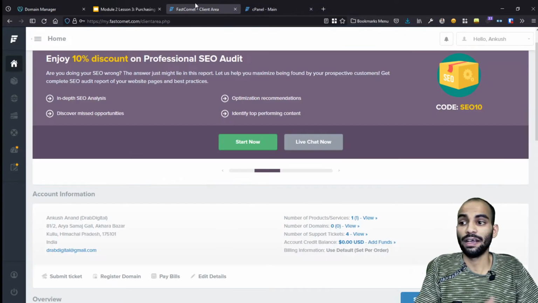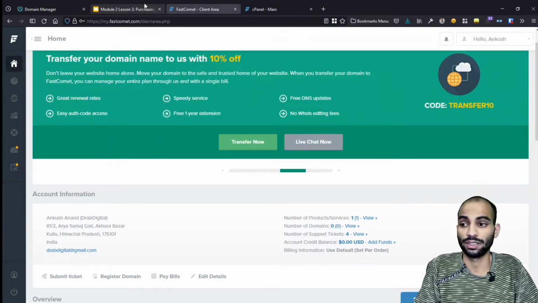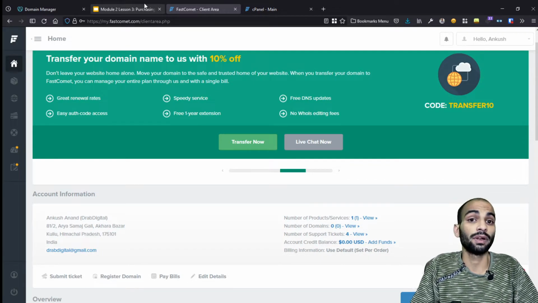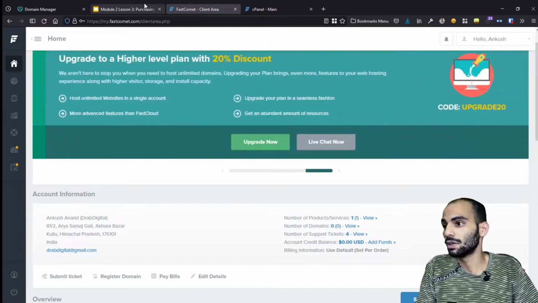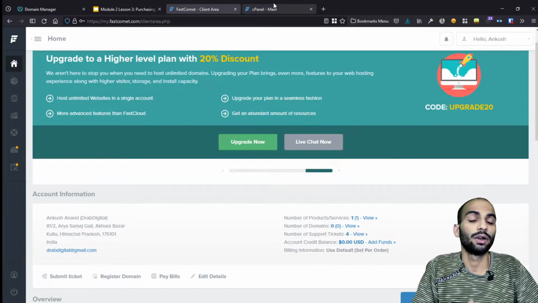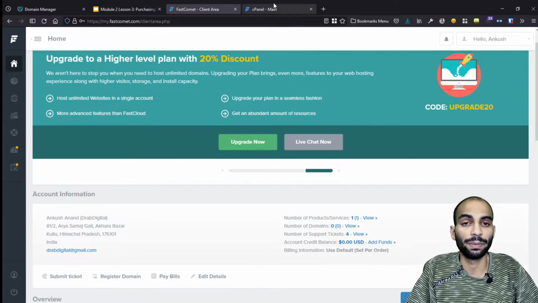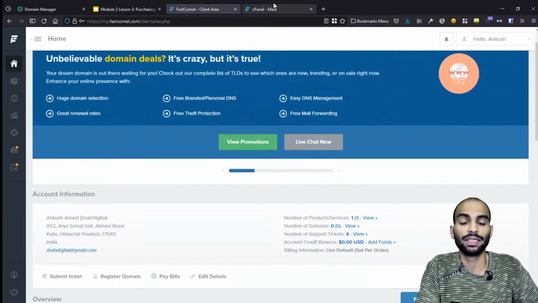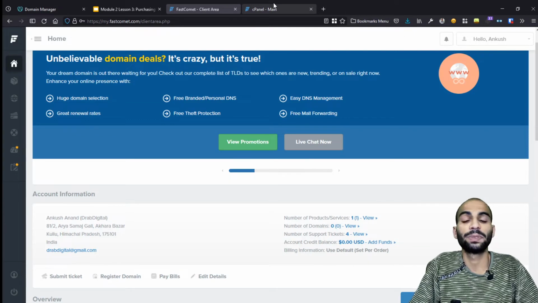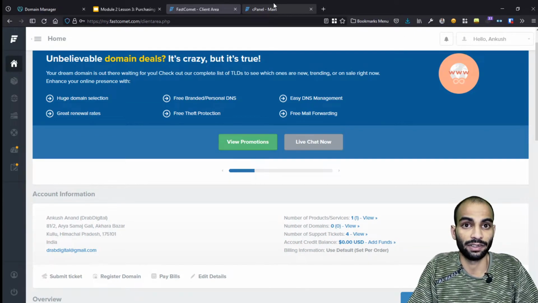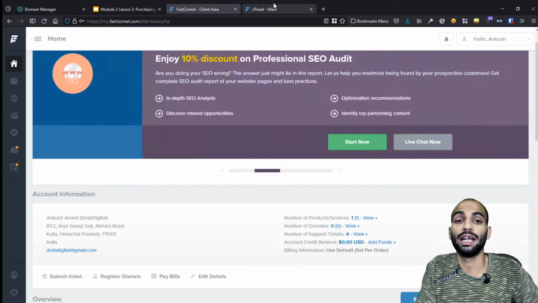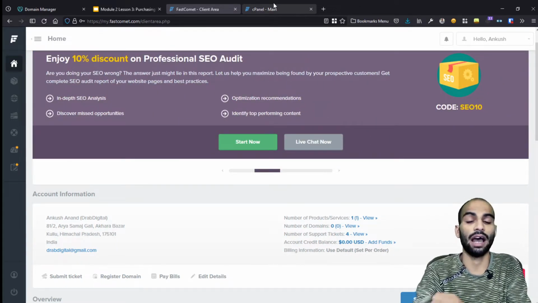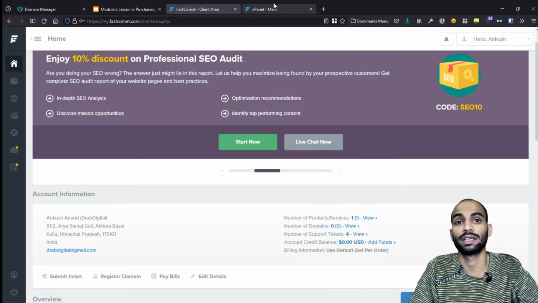Now, when should you do the SSL installation? This is a really important question, and this is also a really important step that you need to do. The first thing is to buy the domain name and hosting. Then you need to connect the domain name with the hosting using the DNS, and the third step should be installing the SSL certificate. After that you should start your WordPress installation, and there will be more steps in that, which I am going to share in the next videos.